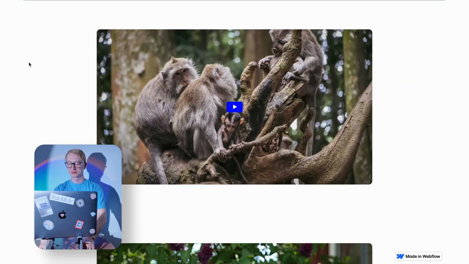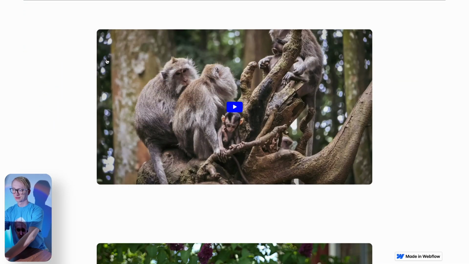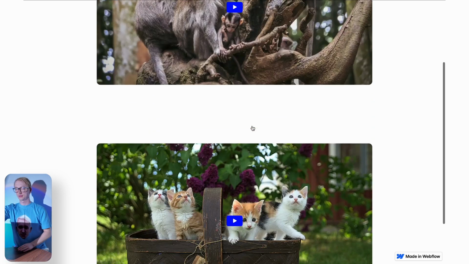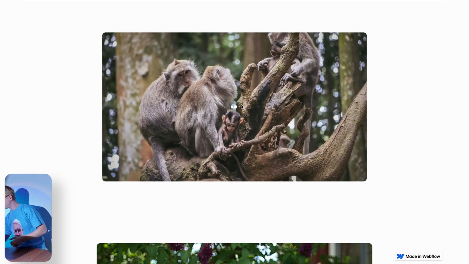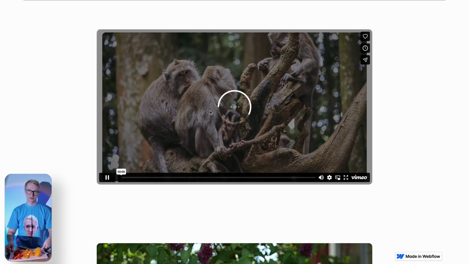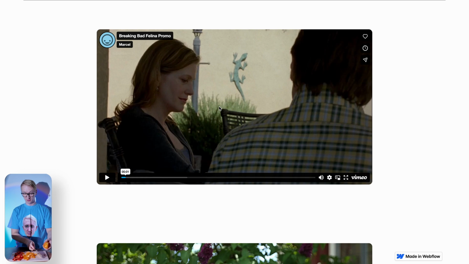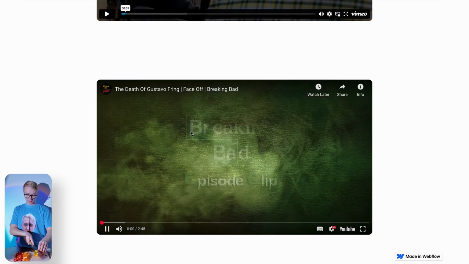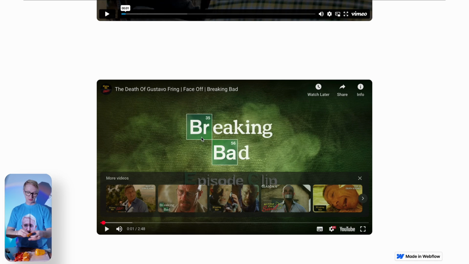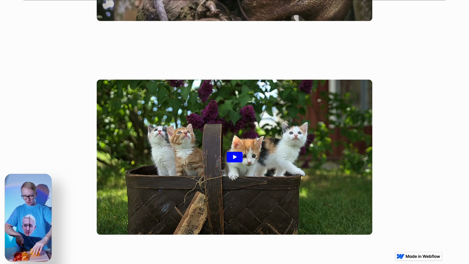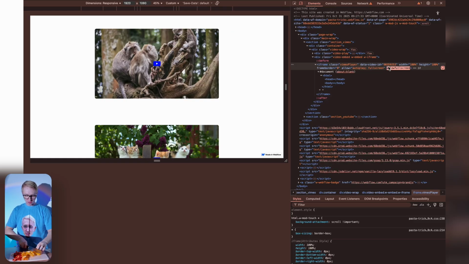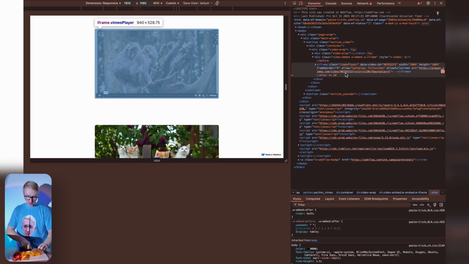I will show what we are going to do. Here is the page. It has two videos, one of them from Vimeo and another one from YouTube. When we click the button, a small animation starts, and only after that does the video start to load on the page. Before this moment the video does not exist on the page. This can make our page speed much faster. This is how lazy loading works. It doesn't matter how many videos you have on the page. They do not affect the website loading speed, because before you press the play button they simply do not